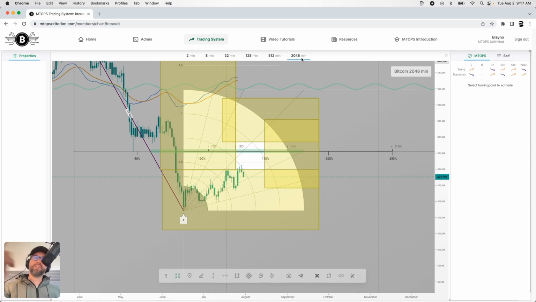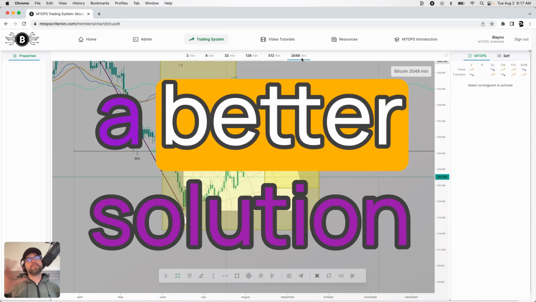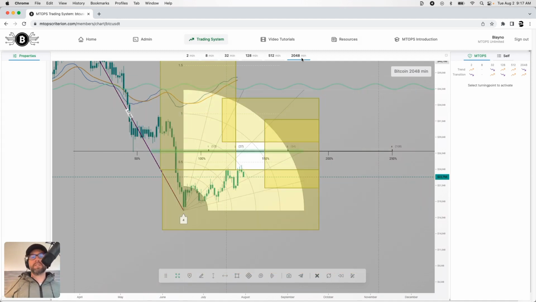So if you're having any form of trouble, instead of going head on at that trouble, just flip it on its head and see what comes from it. Maybe it's a better solution than what you originally started with.